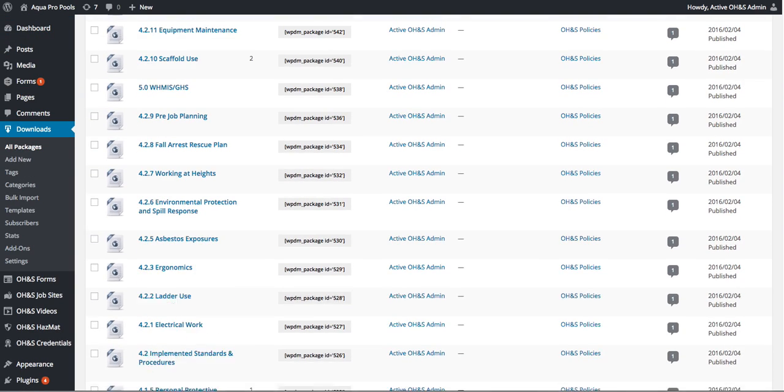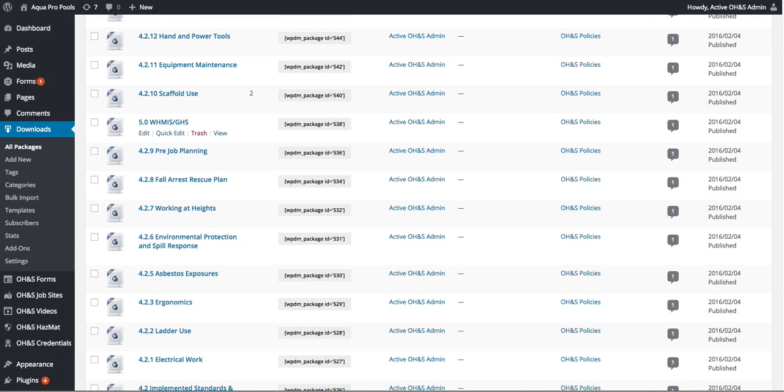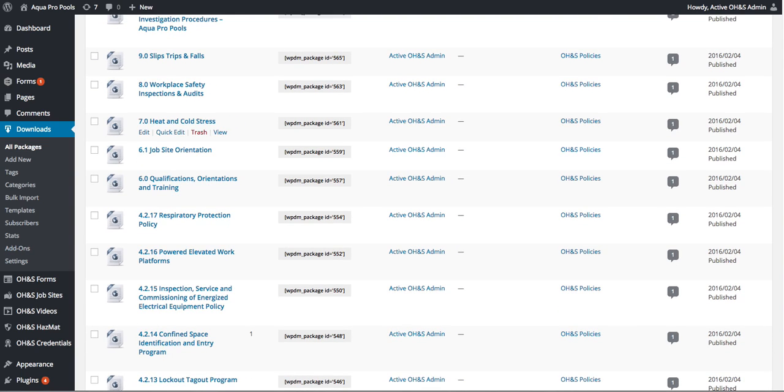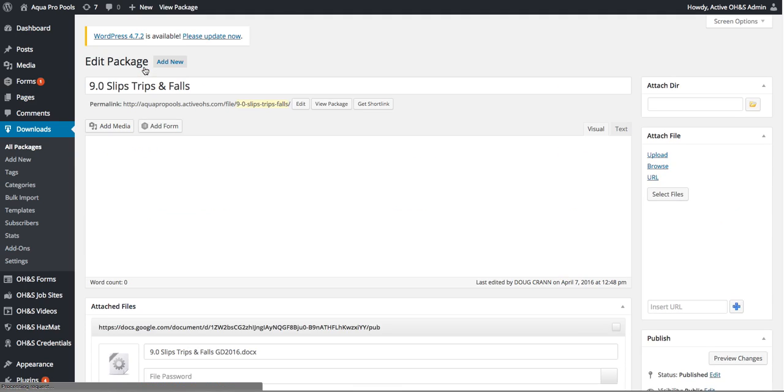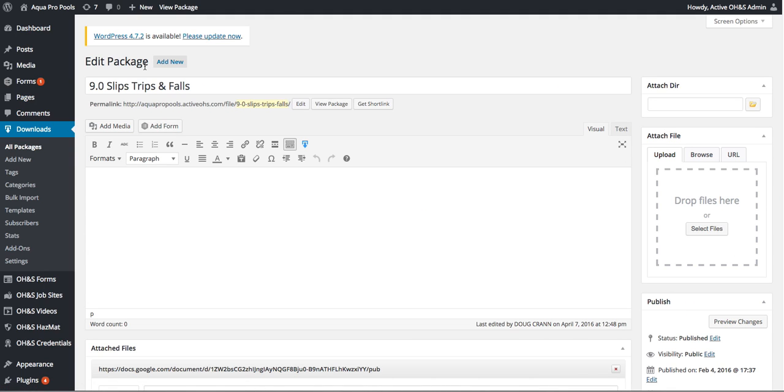So go and find the document that you want to change or update. Let's do one as an example today. Slips, trips, and falls. So hover over the file name that you want and select Edit. And this opens up the window that shows you the package information. As we go down the screen,